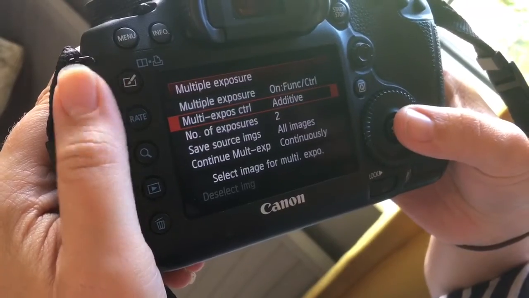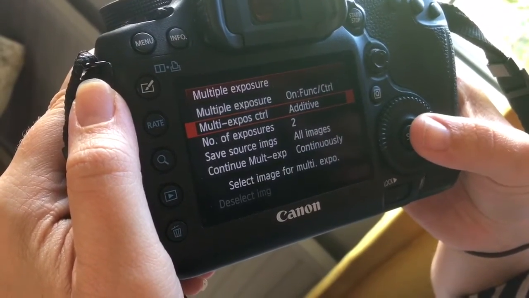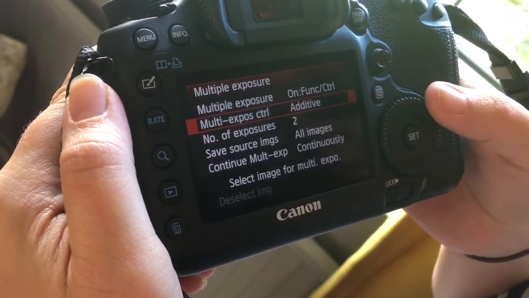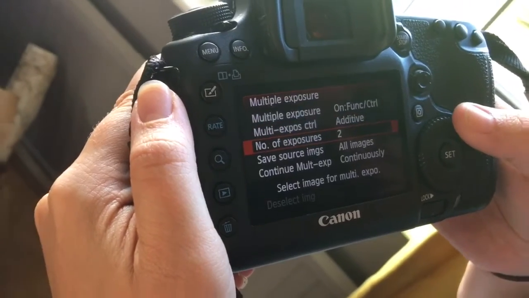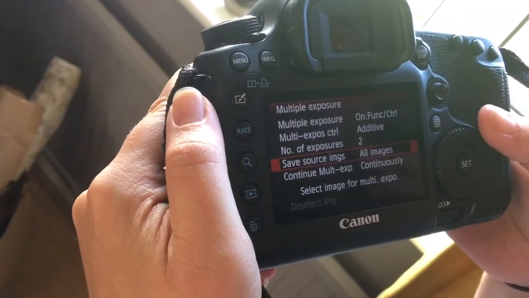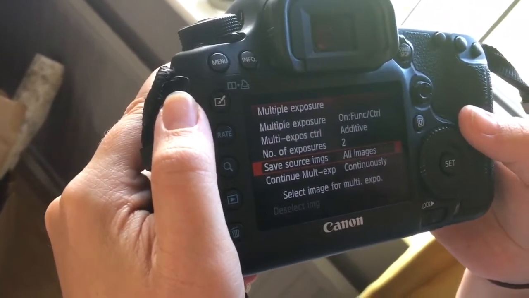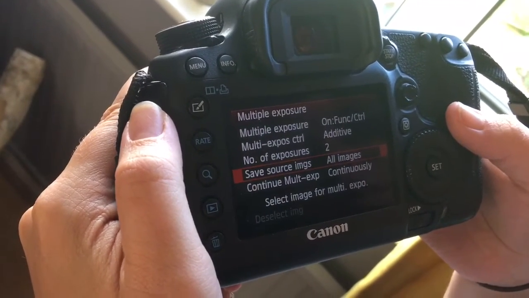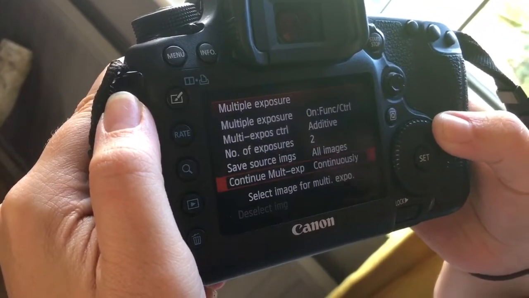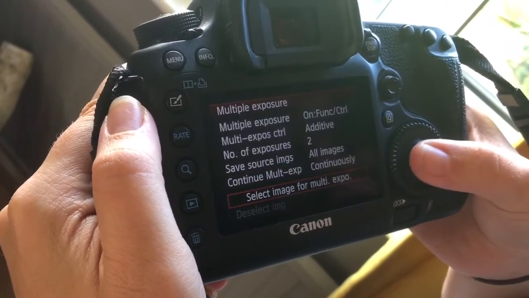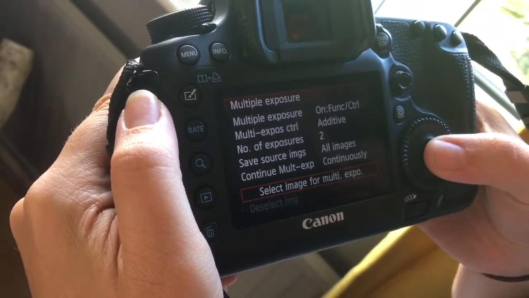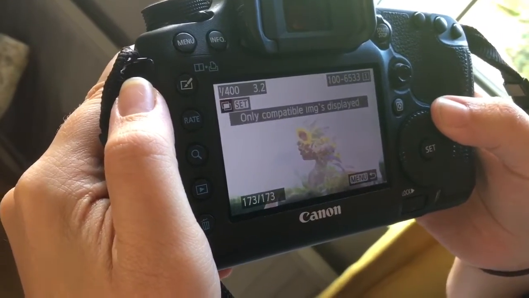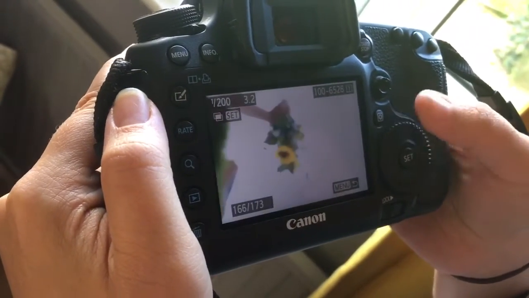Here there are different options. I use additive for this particular double exposure. Number of exposures is 2, which is right. Save source images, yeah, I always do, so that I can go back and I've got more choice, which will make more sense later on. And then I just go down to select image for multiple exposure and click on there, and then you go through and you'll see,